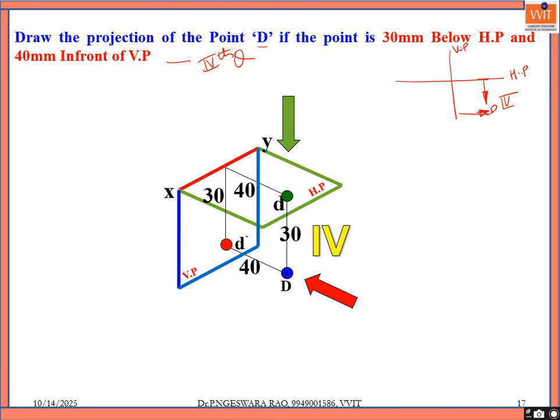Same as well. And you see in the front view direction, this is the image in the front view, d dash, with the HP distance from the XY line. Then you see from the top, this is the top image, small d, with the distance from VP, that is 40. So as well, when we are seeing from this side,